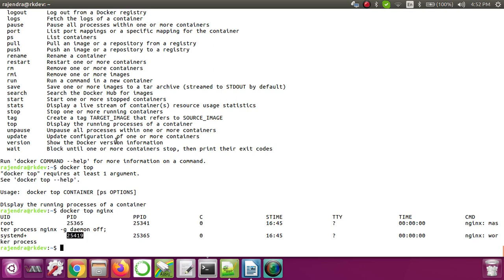Now we have already seen unpause, and then there is the update command. If you want to update the configuration of the containers, we can use the update command. Version command we have already seen, and then there is a wait command, which blocks until one or more containers stop, then prints their exit codes.